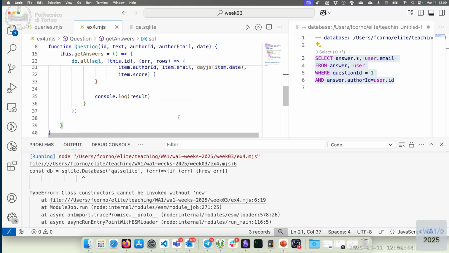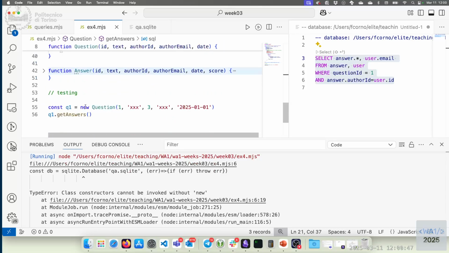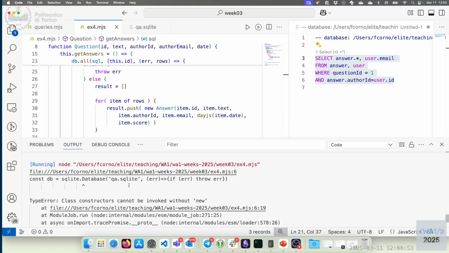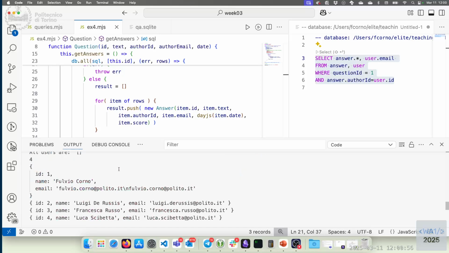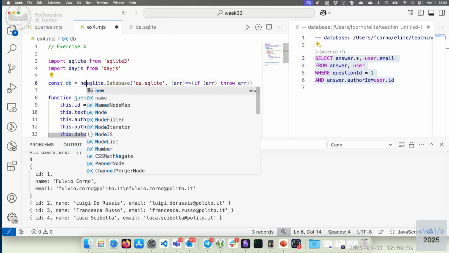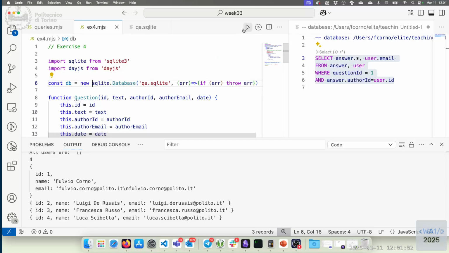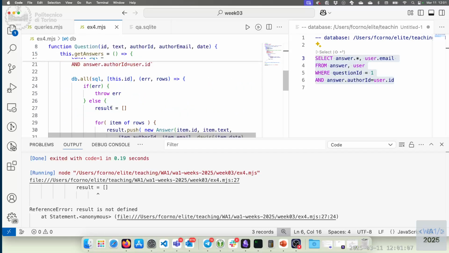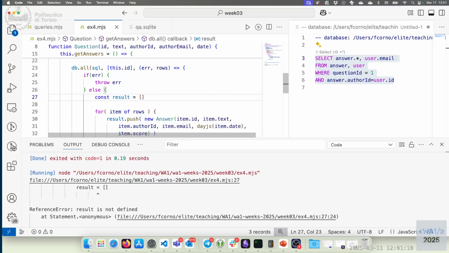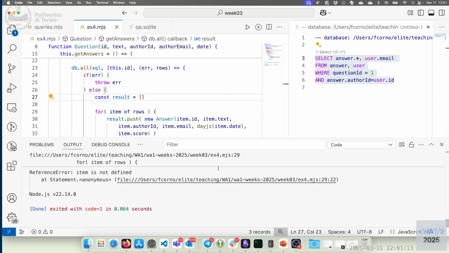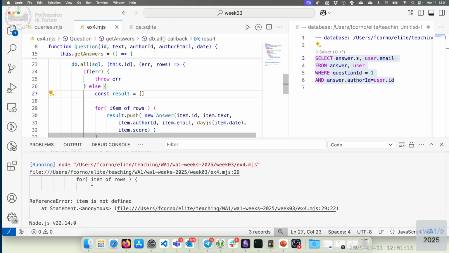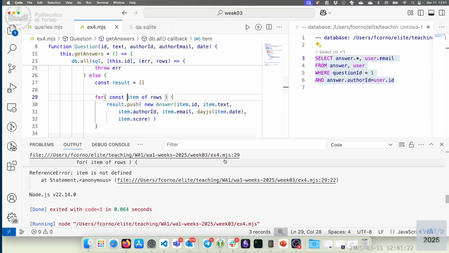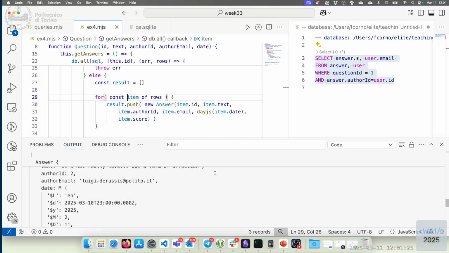Yeah, new. Sorry. New answer. No, what's that? So let me, okay, I forgot new here. Okay, then see what else. Const, yeah, defining result here, const. And then what else? Let items or const items. Yeah. Okay, so it printed